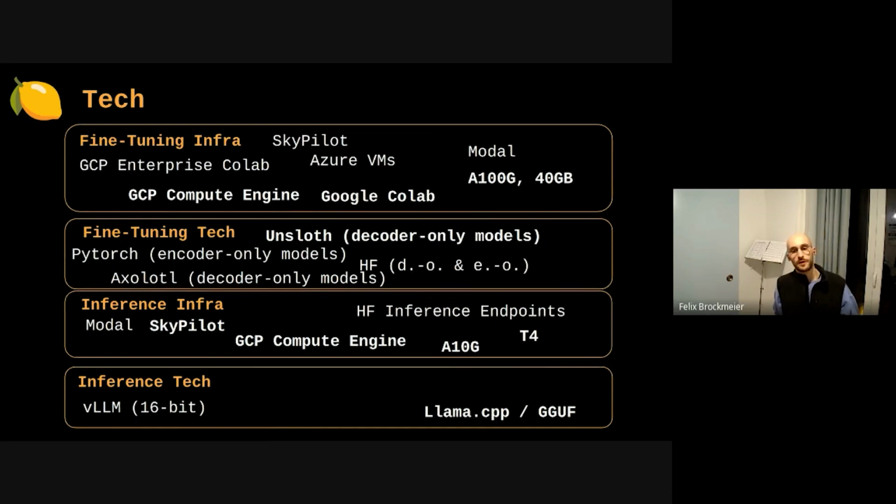It's quite some work. There's a lot of stuff that you have to take into account. But based on what I'm seeing right now so far, I have to do some final benchmarking, but right now it's definitely worth the effort, and you can really get some very good results out of it in terms of improving the accuracy on the task level, and also reducing your overall costs, because you can host a Mistral 7B fine-tuned one for like, I don't know, $400,